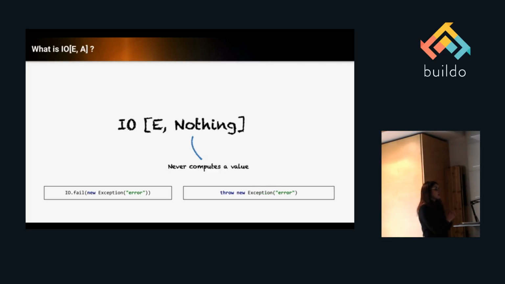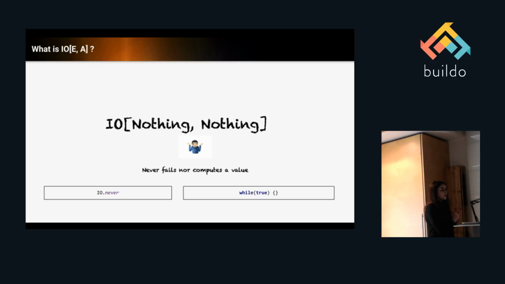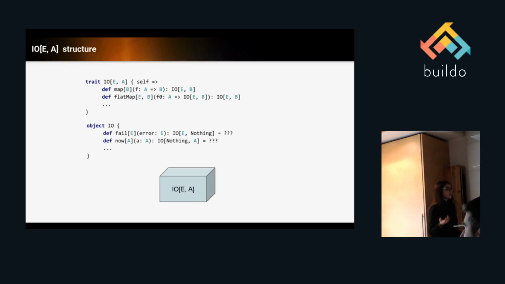And an IO of E, Nothing describes an effect which never computes a value, like throwing an exception. IO of Nothing, Nothing describes an effectful program that never fails nor computes a value, like while(true) without doing anything. So the IO structure,